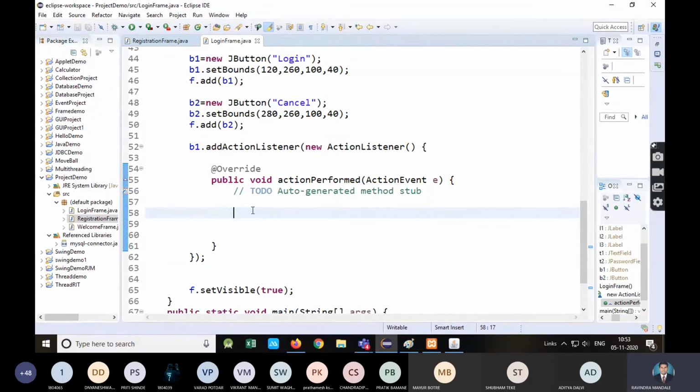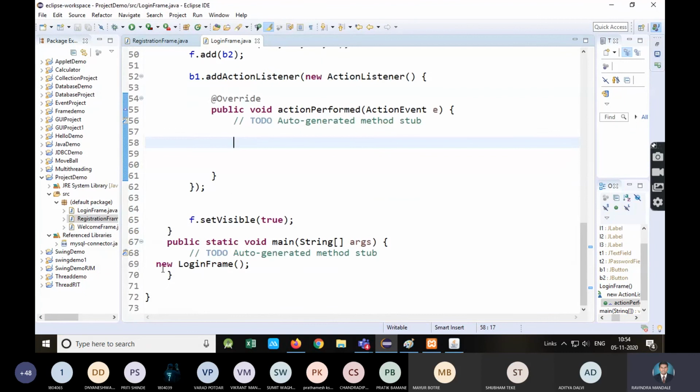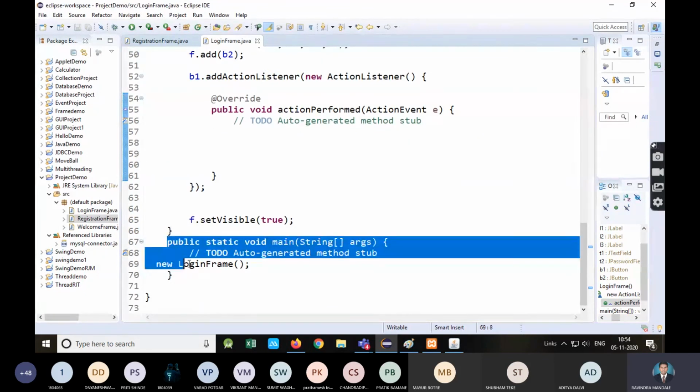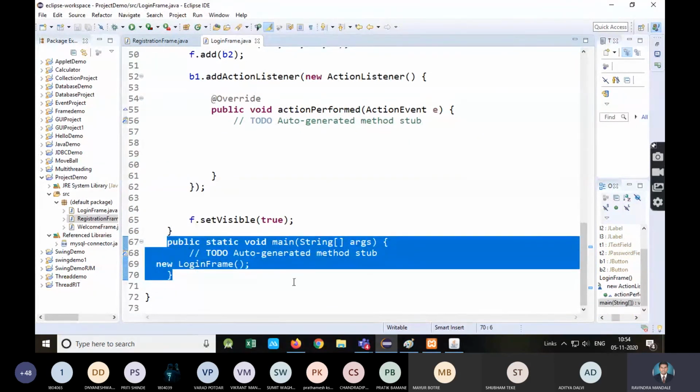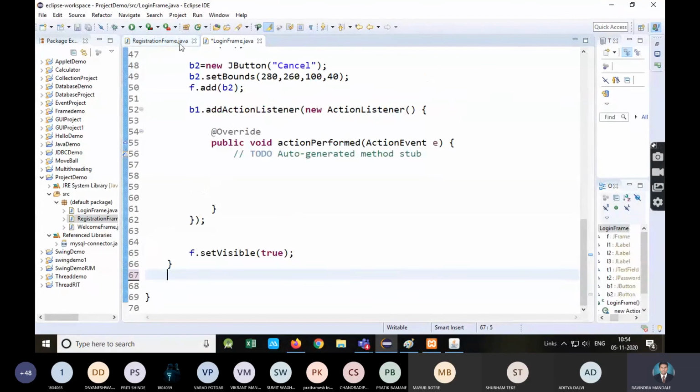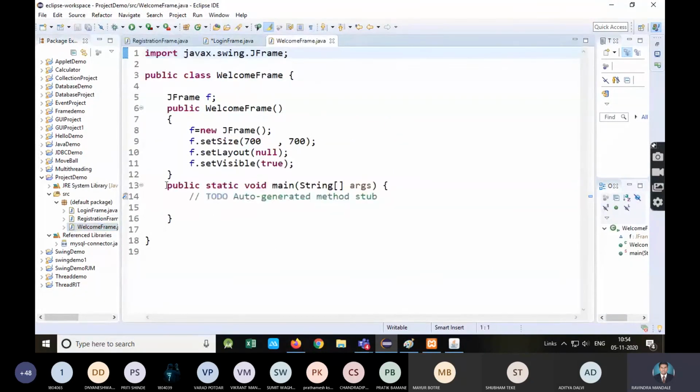Okay. And then if login is successful, then only welcome frame will be visible to the user. Getting? So that's why we'll call only main method of registration frame. We'll call main method of registration frame only. Will not call the main method of login and welcome. When user performs action, then only those things will be called. Remember this. Getting? So in this case, this main method is also not required. Login, this main method is also not required. Login and your welcome, main method is not required.